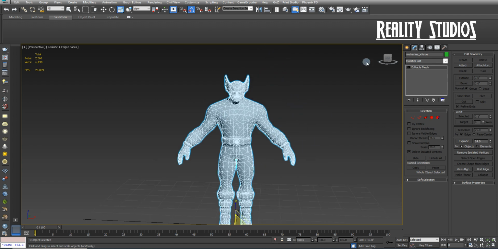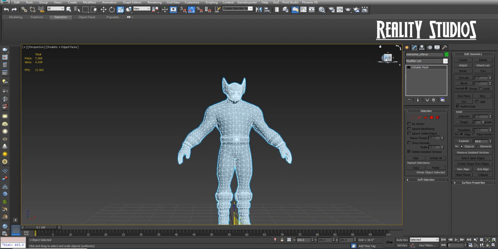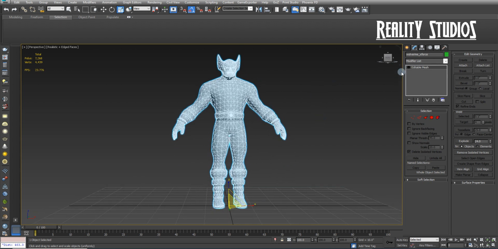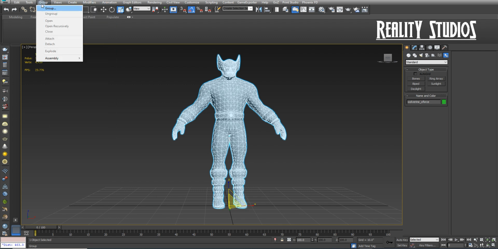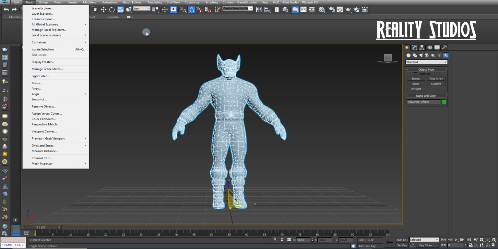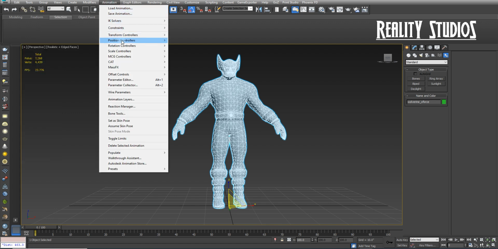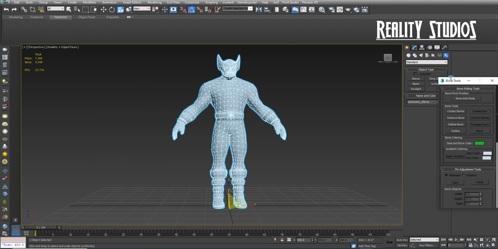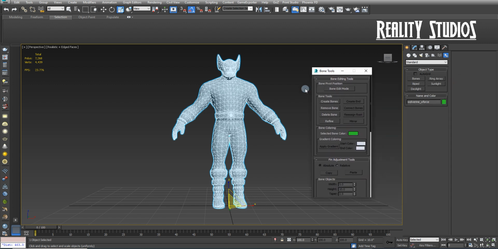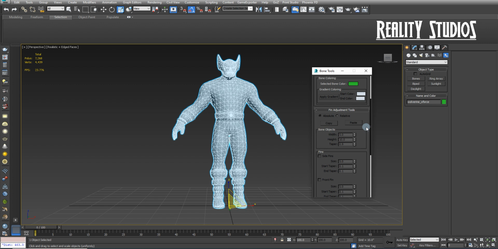In this video, I'm going to show you how to start creating the bones. For creating the bones, you need to simply come inside your create panel, then come to systems, and you will notice we have this thing called bones. Sorry, not create, tools. Come to animation and find bone tools. Clicking this, you will notice we have a whole plugin that is solely made for creating bones